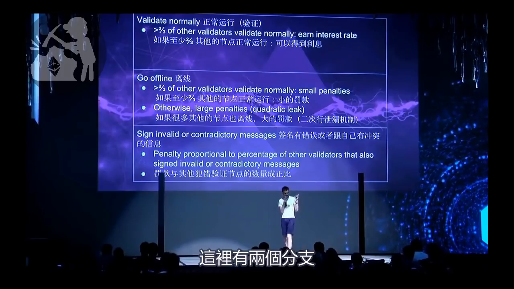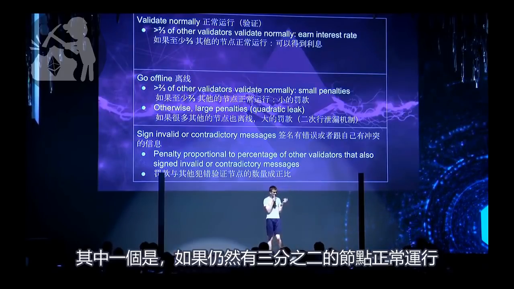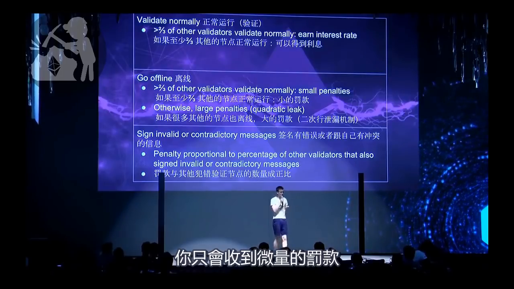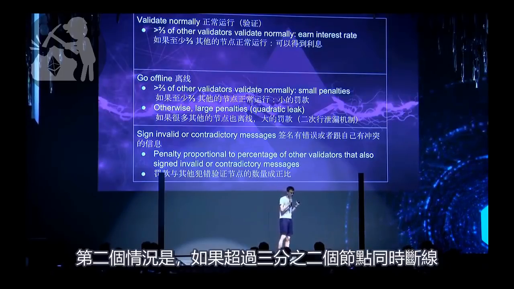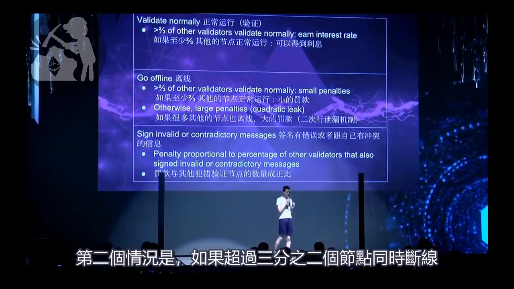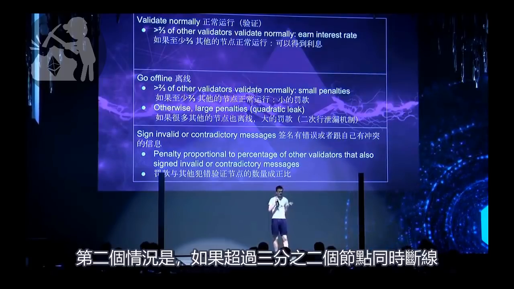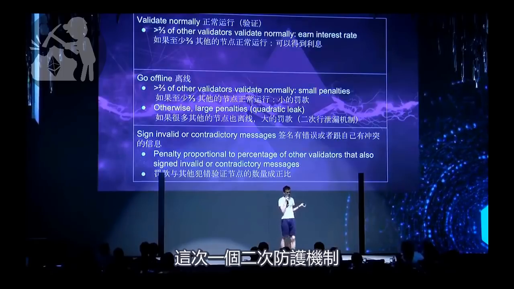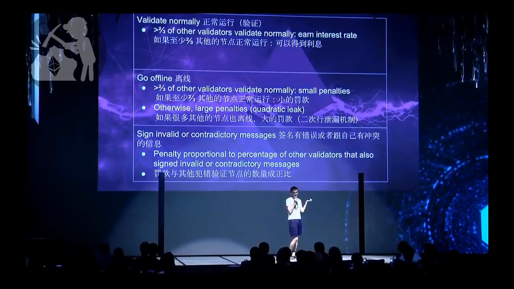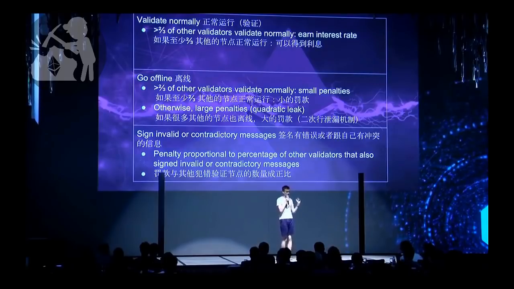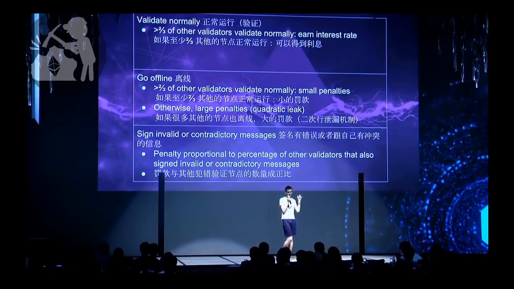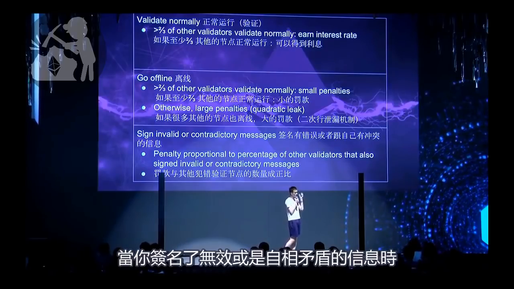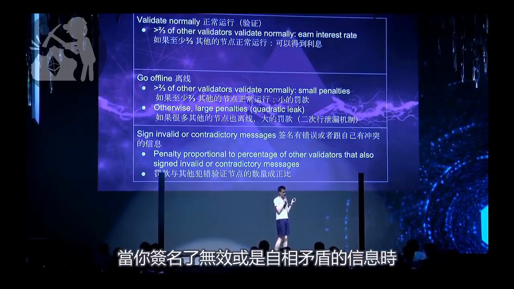There are 2 cases here. One is if at least 2/3 of the other validators are validating normally, then you get only small penalties. The second case is that if you and more than 1/3 of the other validators are offline at the same time, then you suffer large penalties. This is the quadratic leak mechanism, and if you want to find out more, just look up those 2 words and there's plenty of material talking about it. The third case is the worst kind of fault, which is where you sign invalid or contradictory